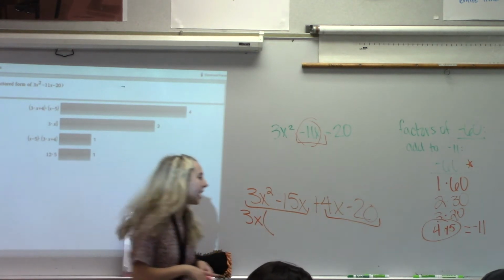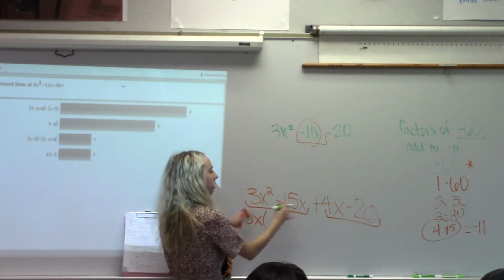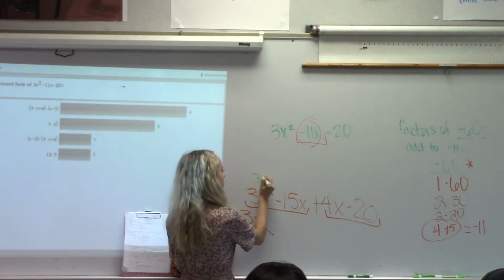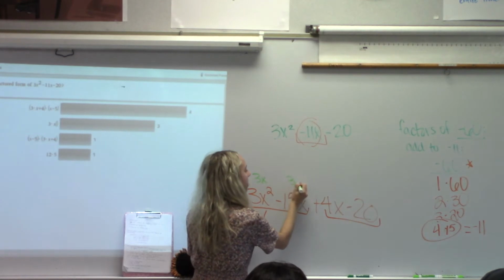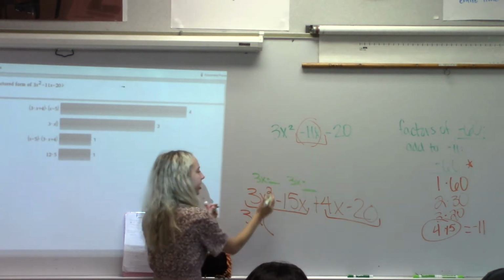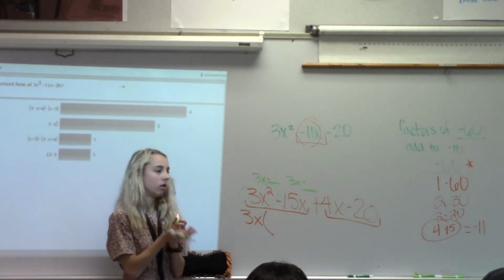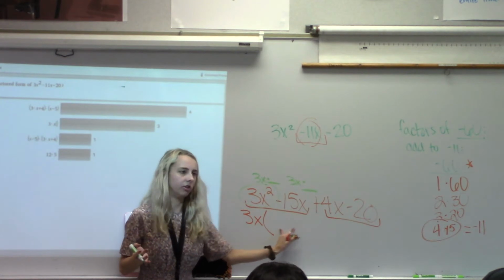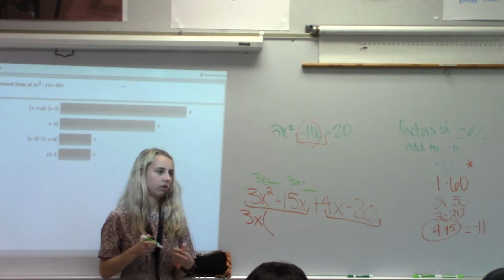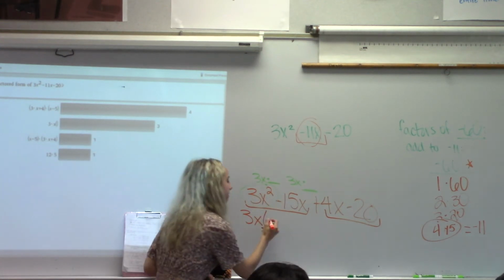And so a way I saw Mr. King do this in the last class is he kind of wrote above the expression like, okay, well, if 3x is common in both of these terms, then what am I multiplying here to get back to my 3x squared? Okay, so one more. What would the inside of this factor look like? X minus 5. Okay, so to get back to this 3x squared minus 15x,